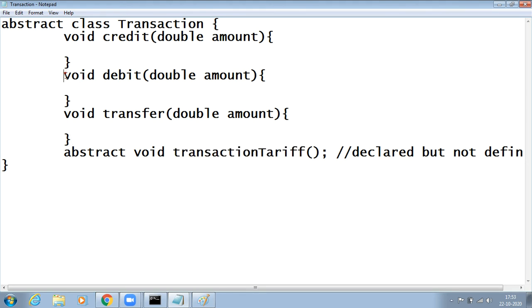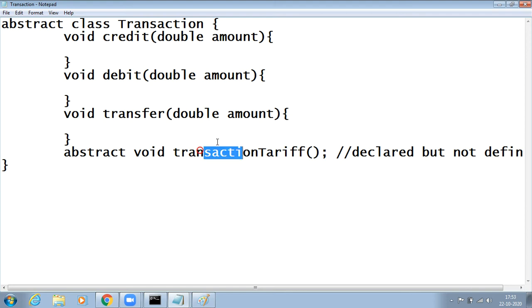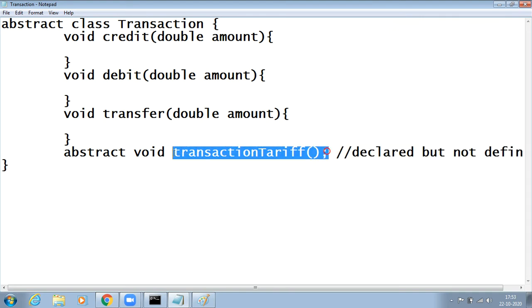If you debit from an ICICI bank ATM using an SBI card, after some transactions they will cut the tariff amount. So this transaction tariff is different for different banks, and I cannot write the same logic here. The logic for the transaction tariff is not always the same for all the banks. This will change.